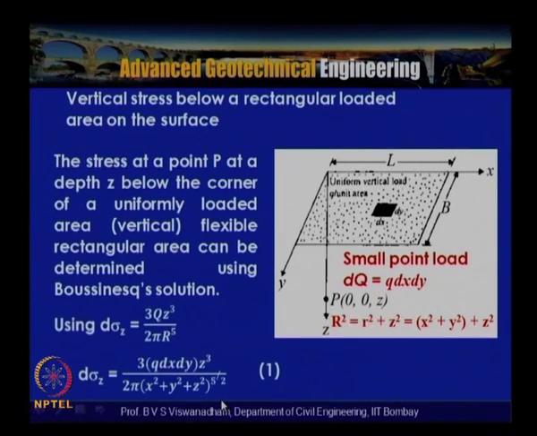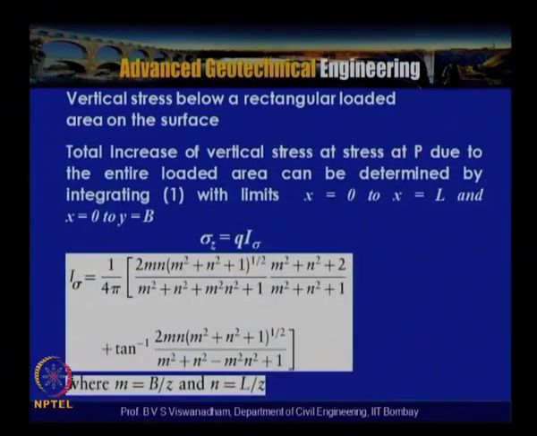So dσz is equal to 3q dx dy z³ divided by 2π (x² + y² + z²)^(5/2). So here, by using this, we get the vertical stress below a rectangular loaded area on the surface. For this, the total increase in vertical stress